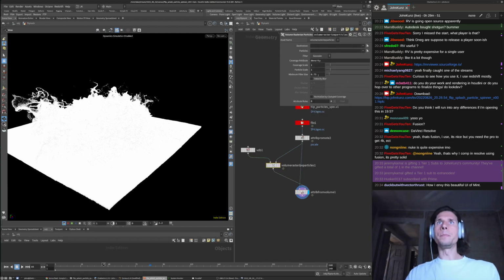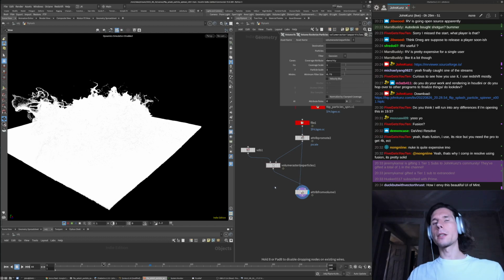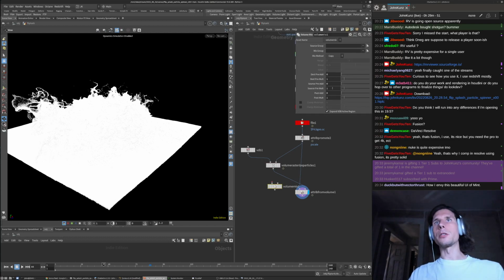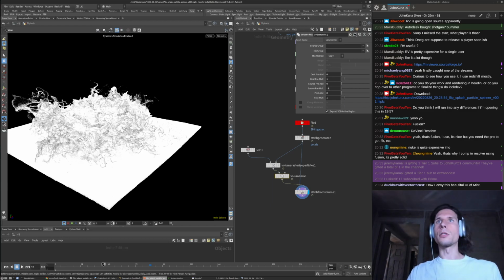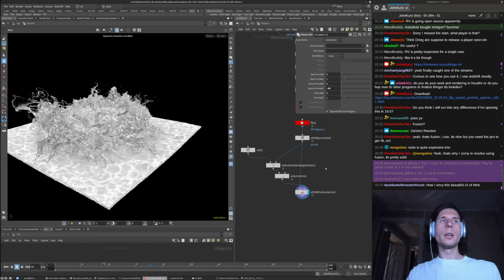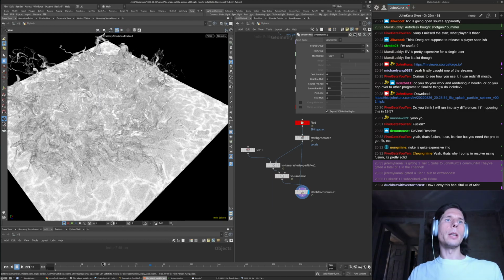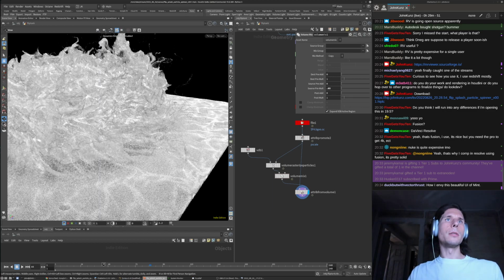So if you want to multiply down the density, you can do that through coverage scale or some stuff like that. Or if you do volume mix here, this is basically just a simple way to multiply your volume. It's kind of like the grade node in Nuke that you can just apply. I'm just going to multiply the values down by 0.05. So it's just kind of like an exposure or changing the image resolution or whatever. But you can see this way we're able to